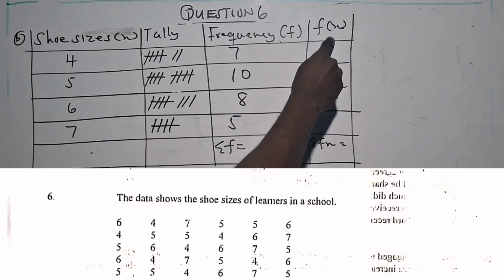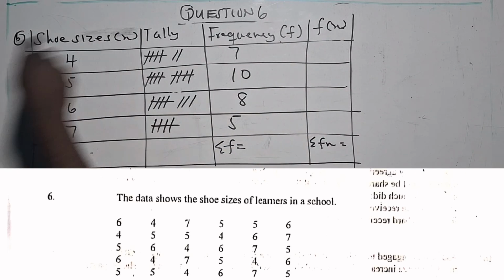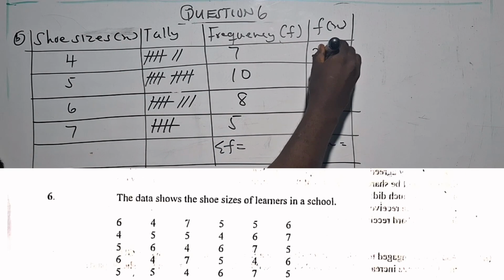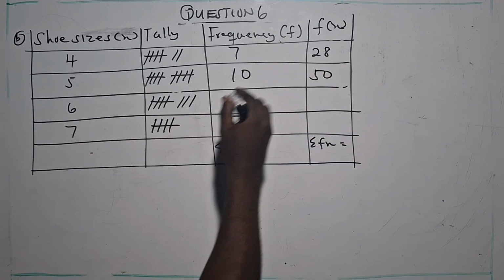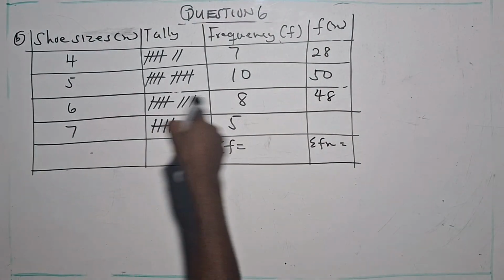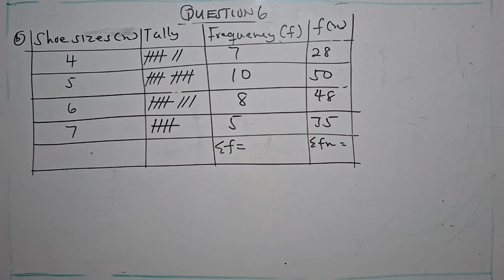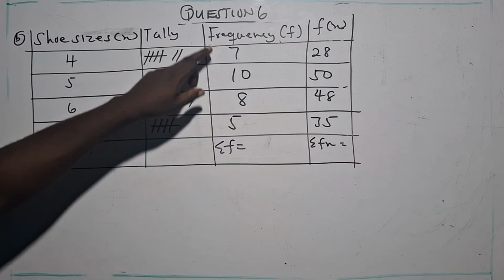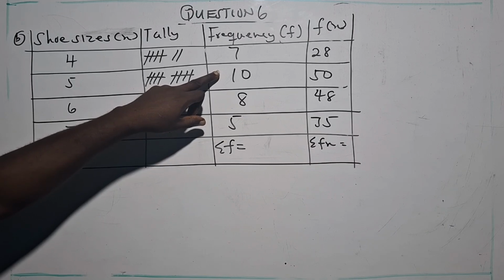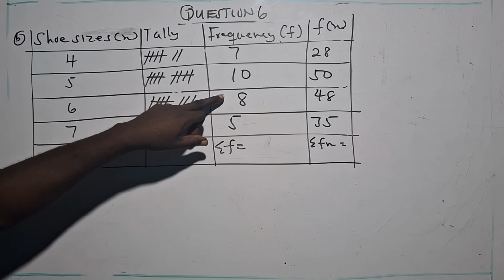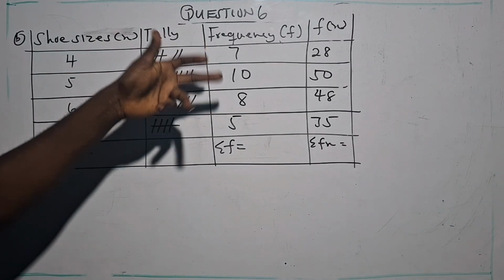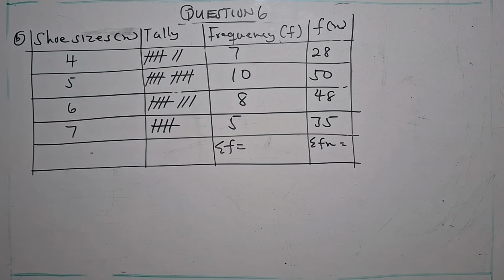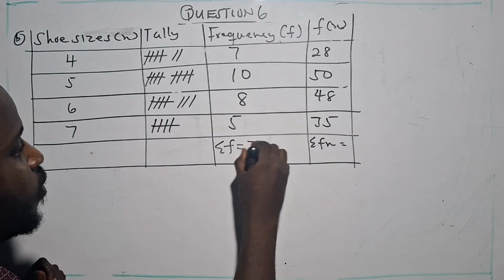So here, f of x means the f is multiplying the x. Then this f is multiplying this x. So 4 times 7 is 28. 5 times 10 is 50. Then we have 6 times 8, which is 48. Then 7 times 5, 35. So sigma fx, when you add this, will give us 17. Then you add your 8 to it. So 17 plus 8 is going to give us 25, plus our 5, which is going to give us